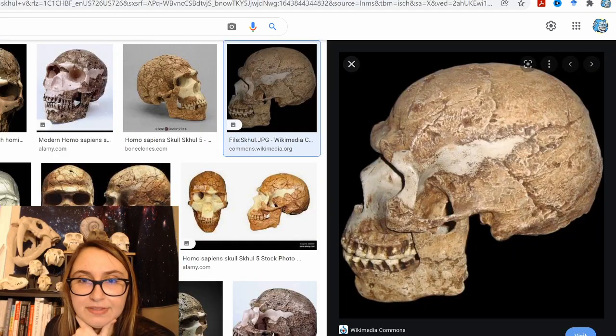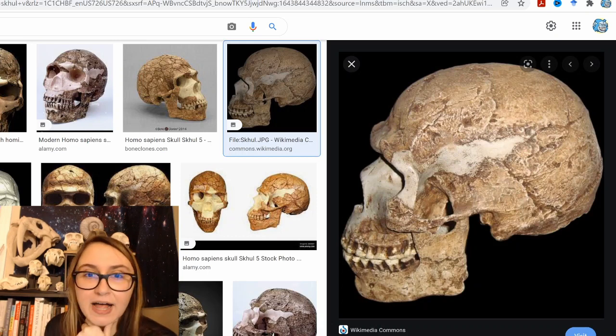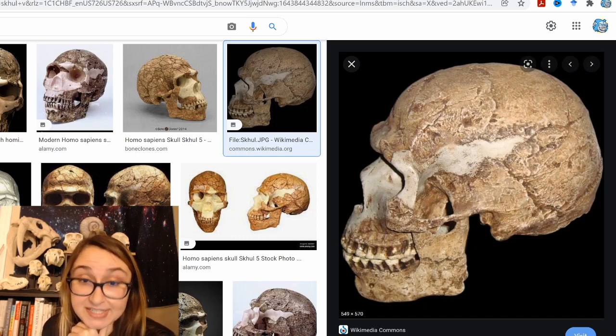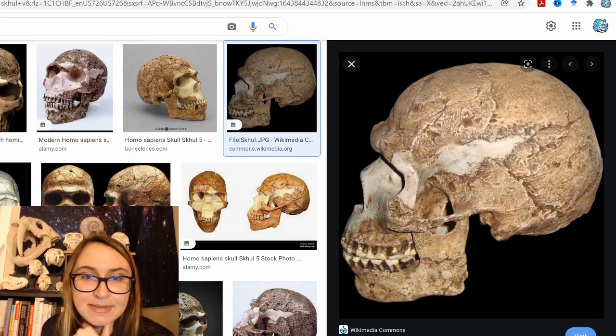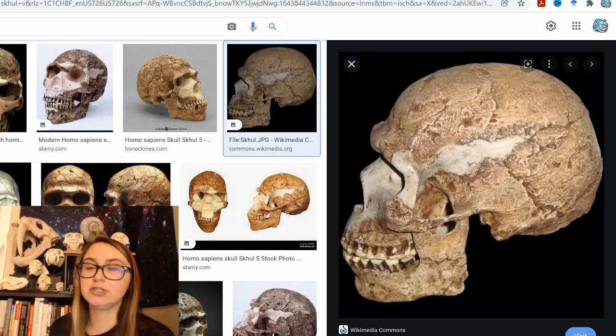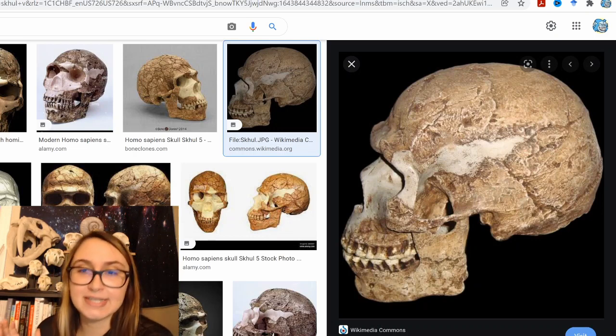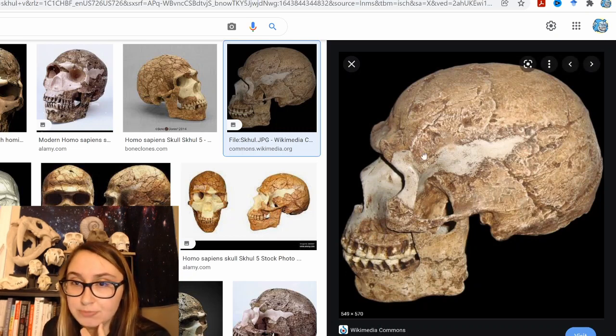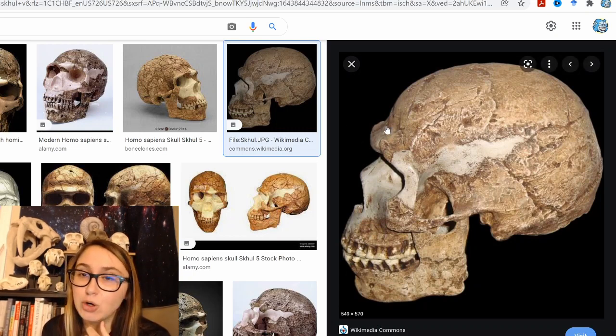The first example that they brought up is a skull that is actually called Skull 5 from Israel. Both of these are going to be from Israel. And what Sanford and Roop say is that this skull has a mix of human and Neanderthal traits. Wrong. Some archaic human traits are ancient traits, and Neanderthals just also happen to have them. This would be things like that large brow ridge that sits like a nice bar of bone on the top. We find that in Homo erectus.